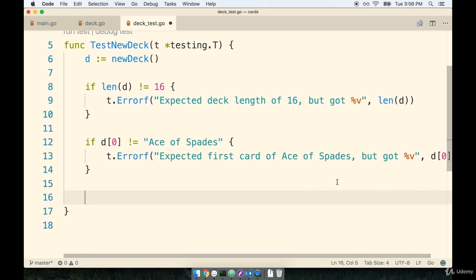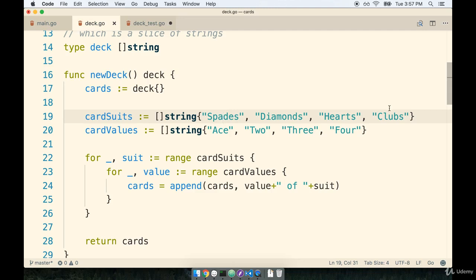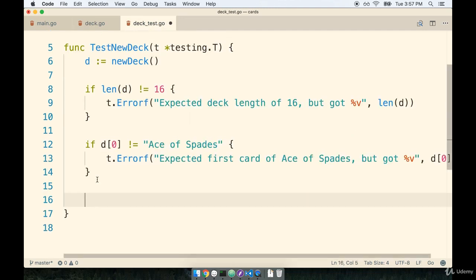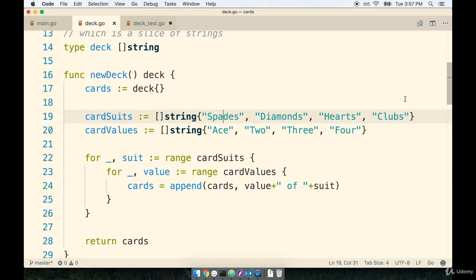Now we'll repeat the same process for the last card in the deck as well. So we're going to make sure that the last card in the deck is a four of clubs. So I'll say if, and this one's going to be a little bit more complex. So we'll say d at the length of d minus 1. So that's going to be the last element in the slice. So if that is not equal to the four of clubs,